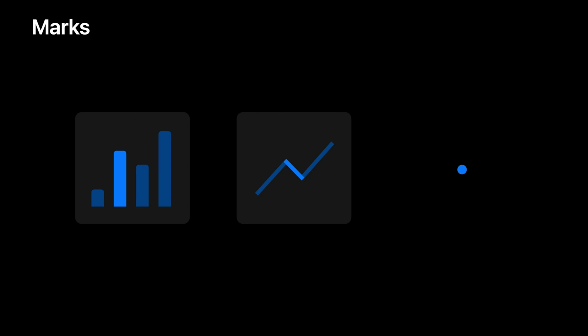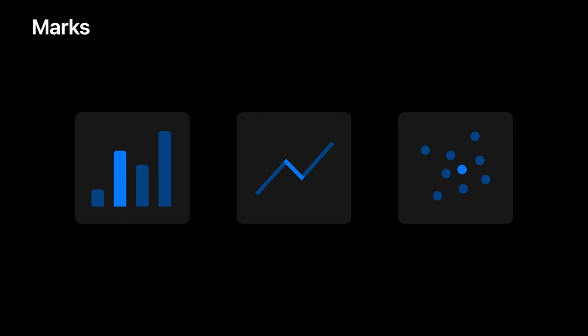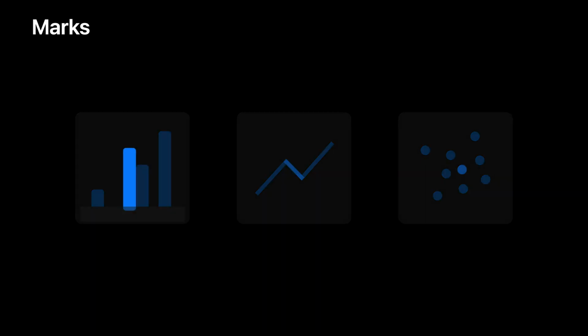Our first step is to figure out what kind of form we want for our chart, using the visual building block of charts called marks. A mark is the bar in a bar chart, the line in a line chart, and the point in a scatter plot. They're the visual elements that represent items in data. There are many kinds of marks, and with any one mark, you have a rich variety of ways to express data. Take bars, for example.